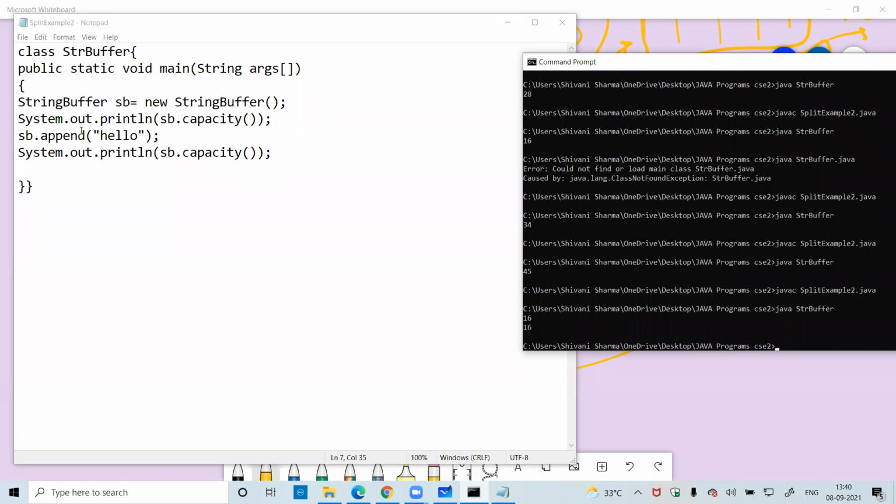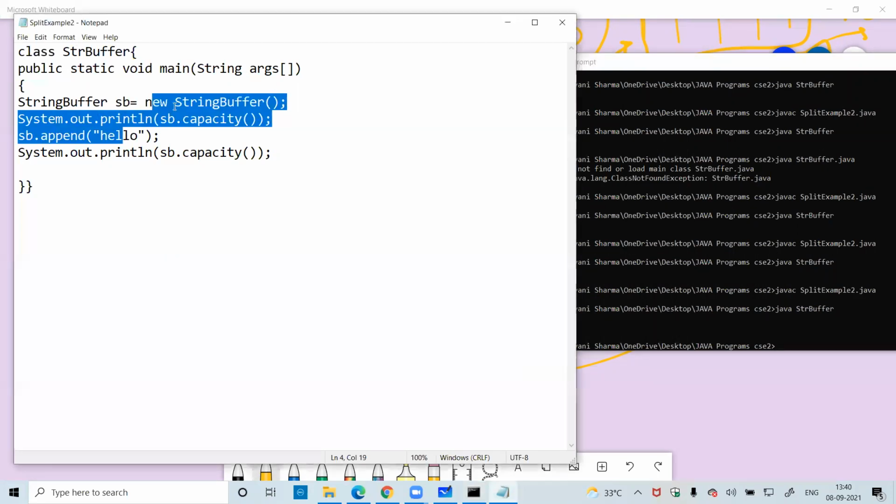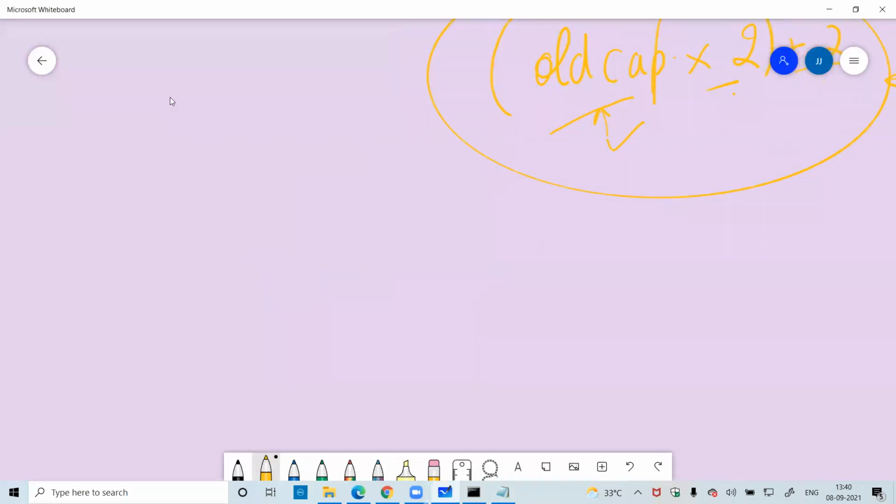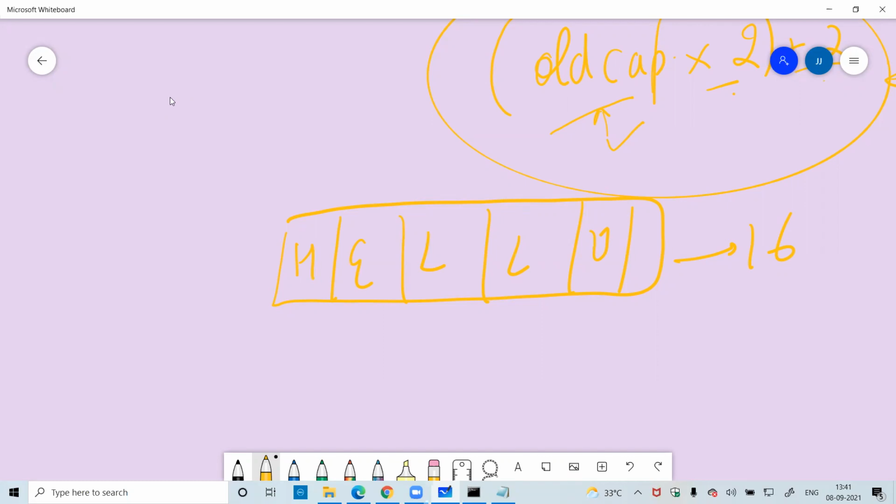I am appending the data. Appending means I am inserting the data into this empty string. The string is empty at the start, and the memory provided is 1, 2, 3, 4, like this. This is 16. Now I have appended the data, and since it was empty, the data will be stored from here. So the capacity is still 16.